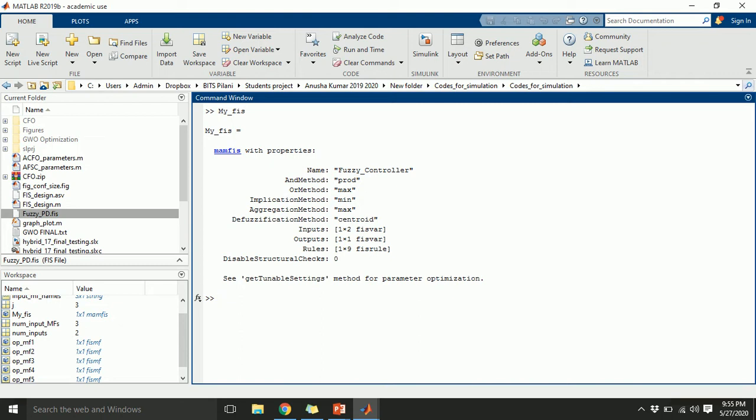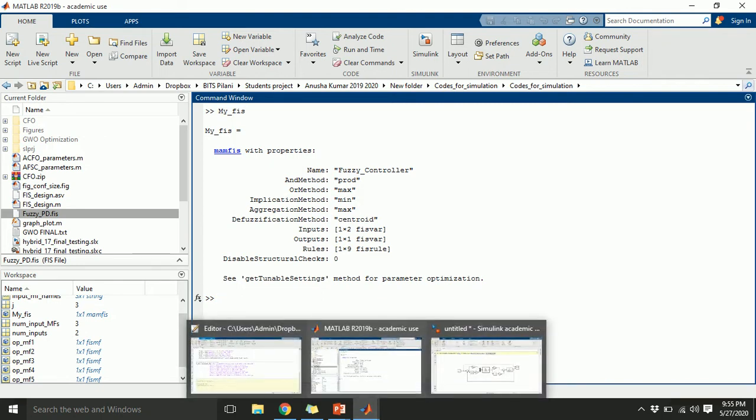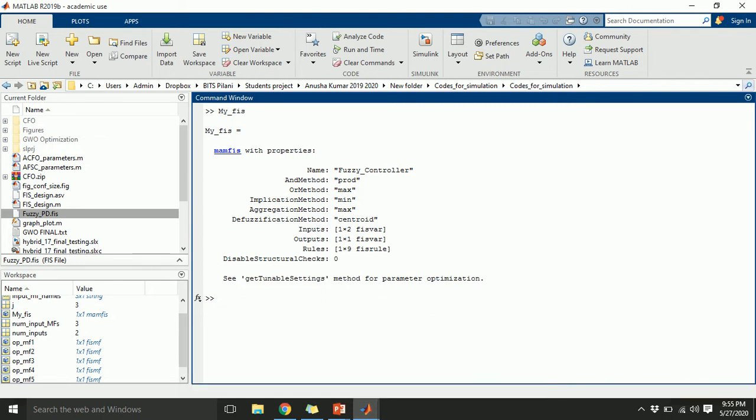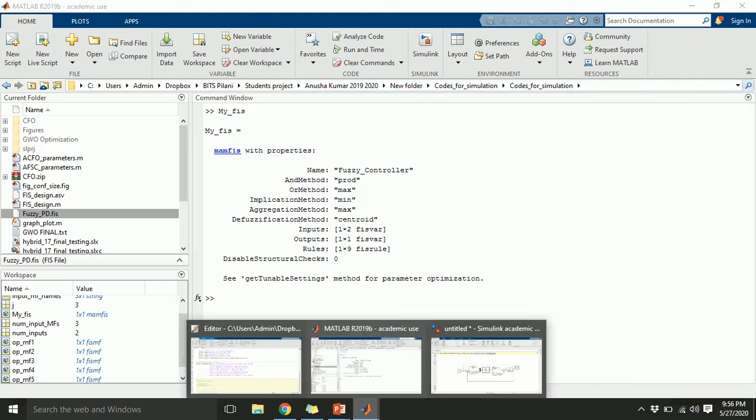There are 9 rules, but this my_FIS cannot be directly called into your Simulink using a fuzzy controller toolbox or fuzzy controller calling box. If I try to do that, it will throw me an error. So what should I do?